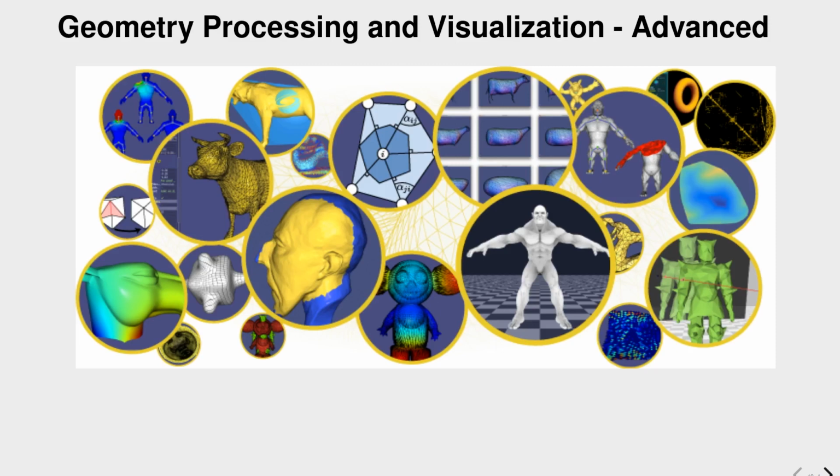In this tutorial we learn about some more advanced topics of geometry processing. We get to know functionality to do this and about possible applications. Again, we use the library libIGL, which brings a lot of functionality for geometry processing, and most of it is already available in Python. So just a few lines of Python code bring you a lot of powerful tools with it. I just go through some of the applications that we learn about today, and these are, for example, parametrization